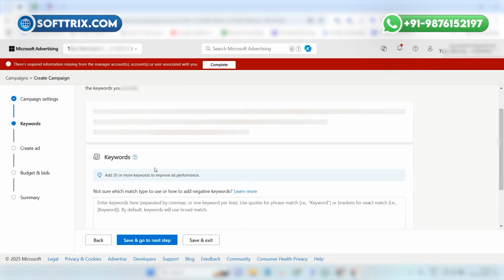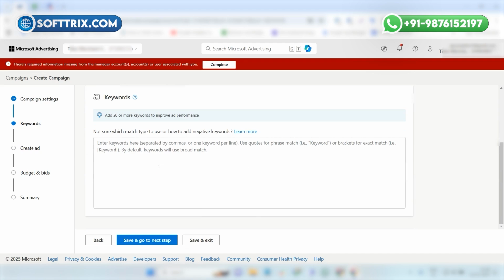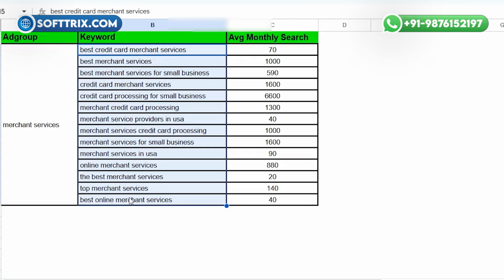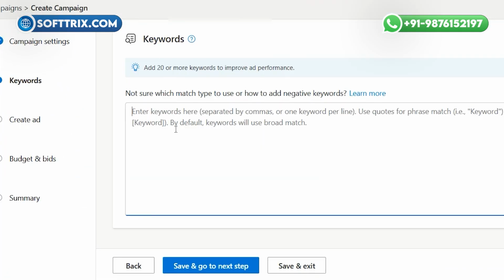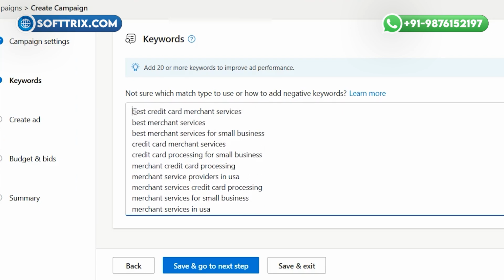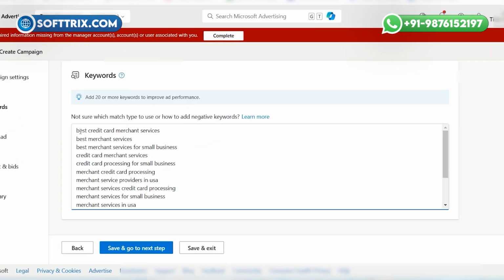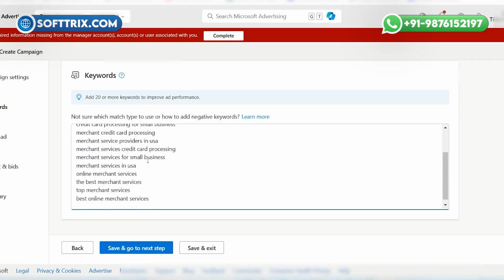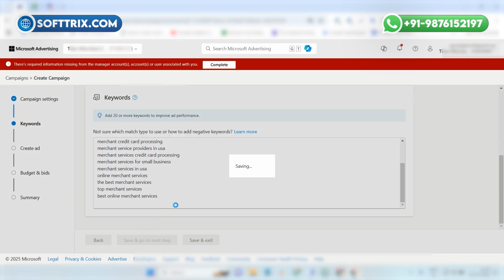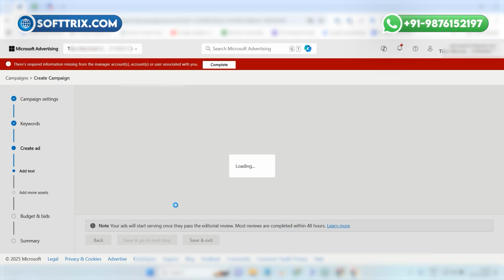And here we need to put our keywords, what keywords we want to target in the campaign. I have already created the keyword list, so I will just copy it and paste it here. If you want to add different match types, you can do it here, but I need to use all the keywords in broad match type. That's why I have used this option. Okay, and then you need to click save and go to the next step,